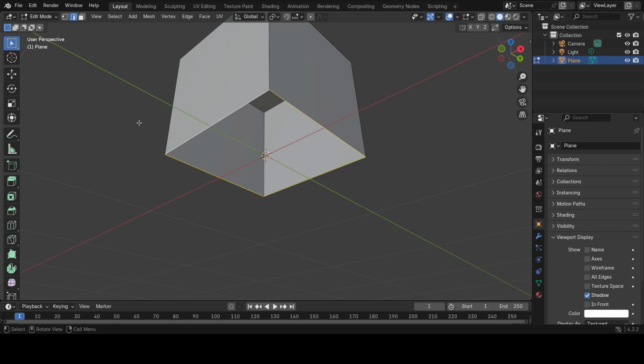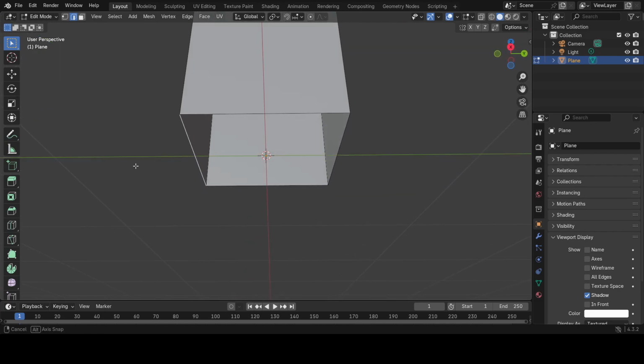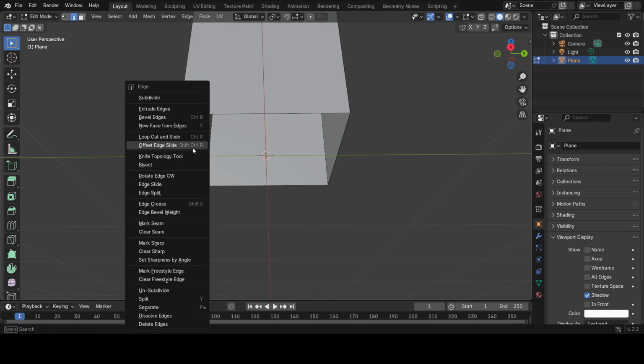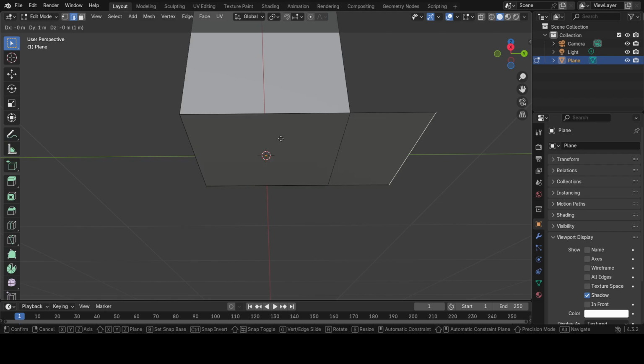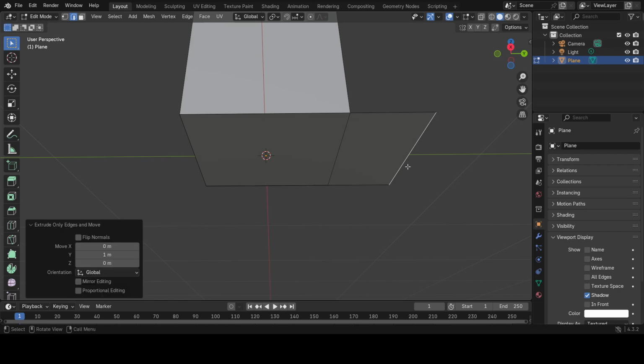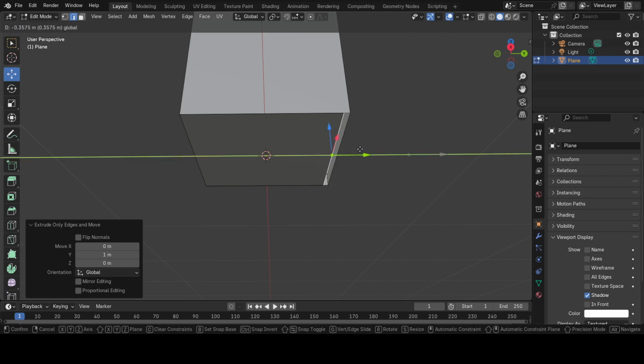If we go to just the one edge instead, and then right click, extrude edge is what we have here, and then we can again hold down control, and this will allow us to move it in one direction, and click. That's extruded now, and now we're going to move it back like this,